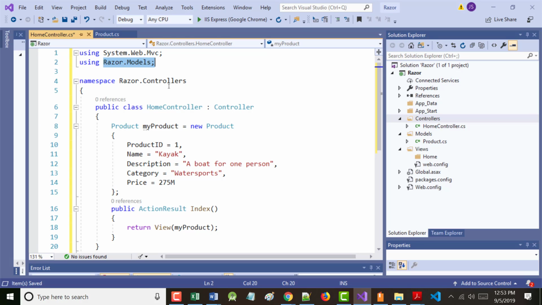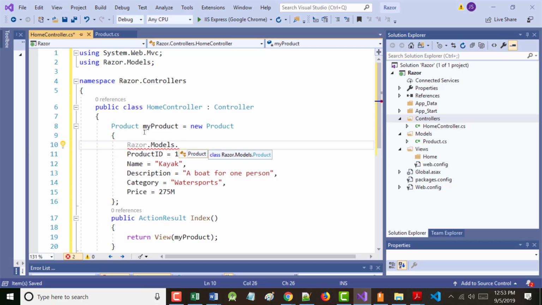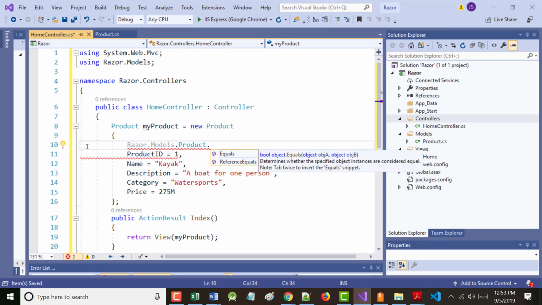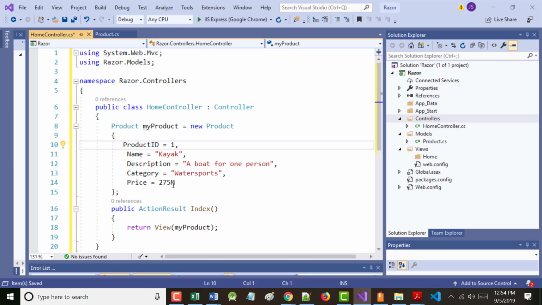So notice, just to show you, I'm not going to keep this, but if I say Razor.Models, you notice that it's got Product in there. So it does recognize that if I wanted to use that. I'm not going to, but I don't want to have to do that, so that's why we've got this in here.